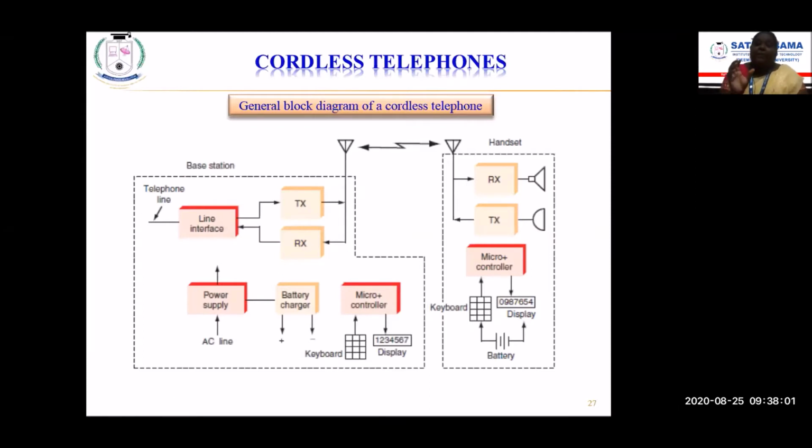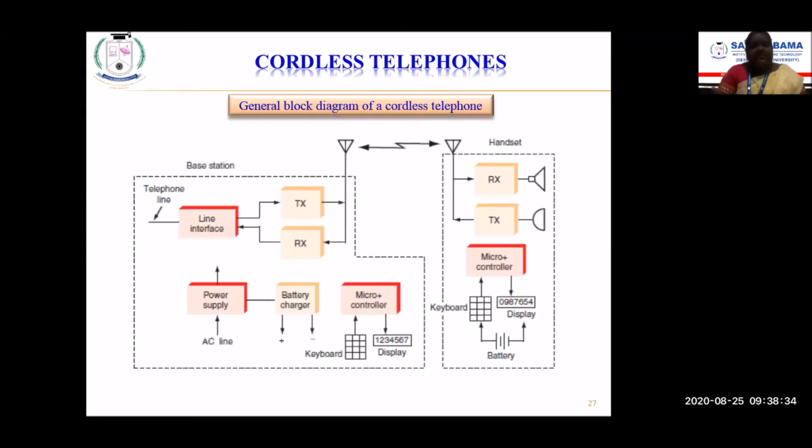And we have the AC power supply that is connected to the AC power line, so we'll be having a power adapter. Okay, so that is getting connected to the base unit, and there will be a battery charger which will keep on charging the battery, and the microcontroller unit that is going to have control over all the internal circuitry in the base station. We'll have a keypad that is used for dialing the number whichever we want to dial, as well as the LCD display screen where the number dialed and the caller identification number will be displayed. Okay, so that is about the base station.